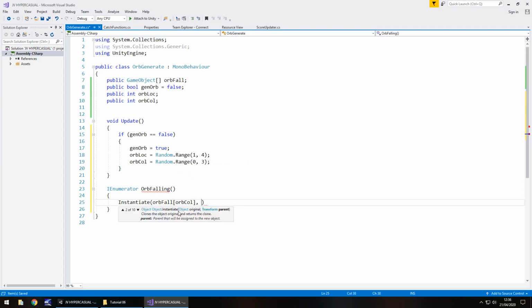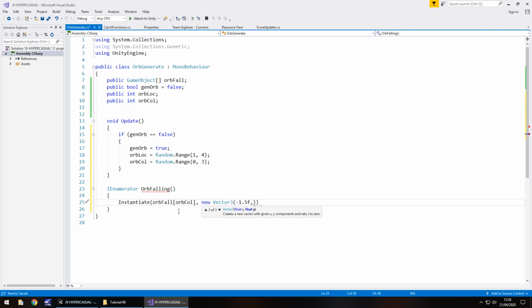And now we need to declare a position. And we're going to do that via a Vector3 because we're in a 3D environment. So we need to state a new Vector3. And in brackets, the X, Y, and Z position. And we had the very first one as 0. And in fact, no, I did say we were going to start with left, didn't I? So it'd be minus 1.5f because it's the float.